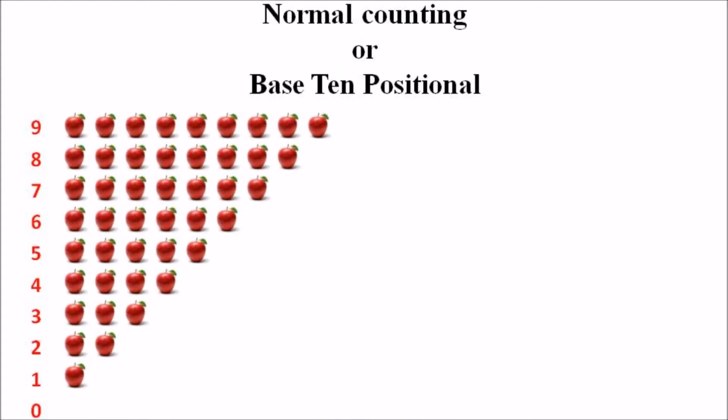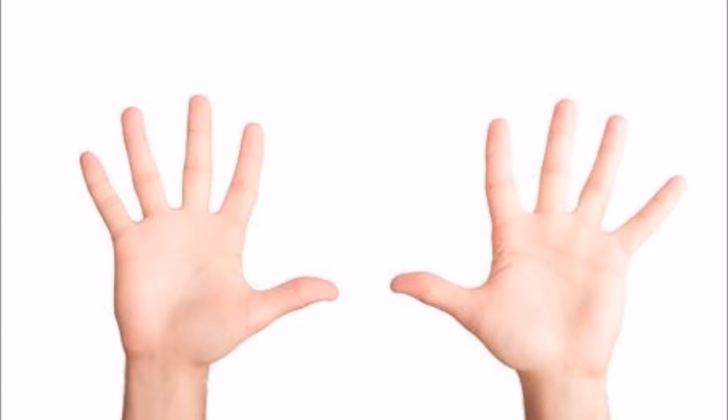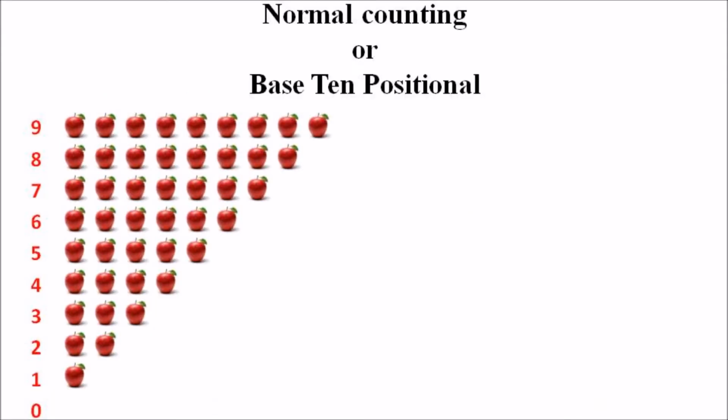Another common counting system is the normal counting system, or base 10 counting system. This base 10 counting system has a close relation with the Egyptian as well as the Roman counting systems. So a question arises: why did they use 10 as the base? The answer is simple, because we have 10 fingers on our hands. So it became very common and familiar for counting a particular commodity.